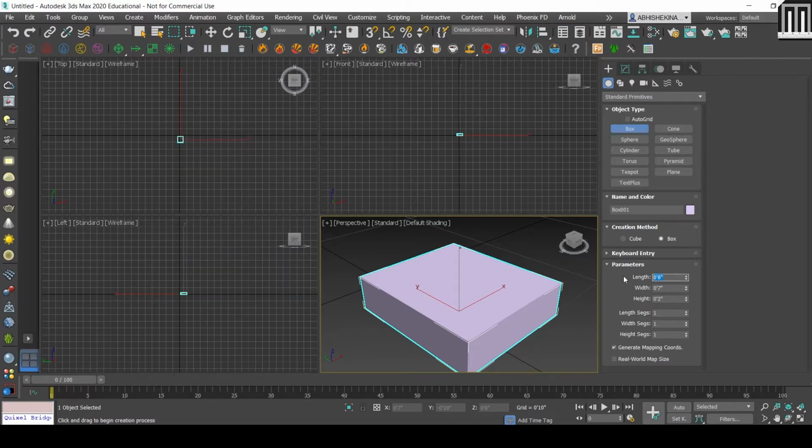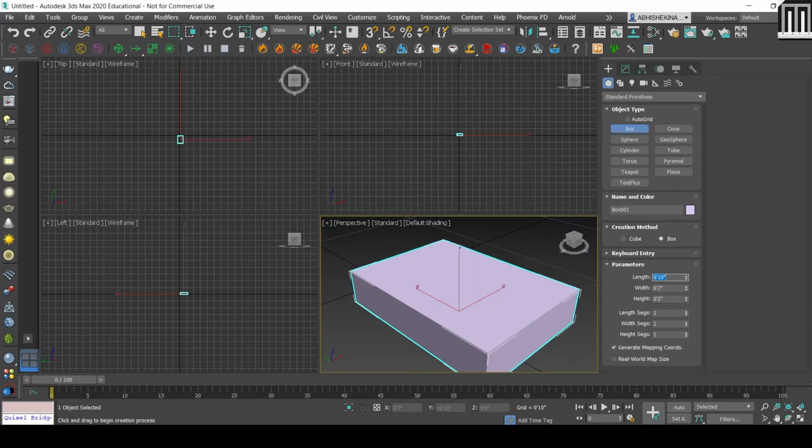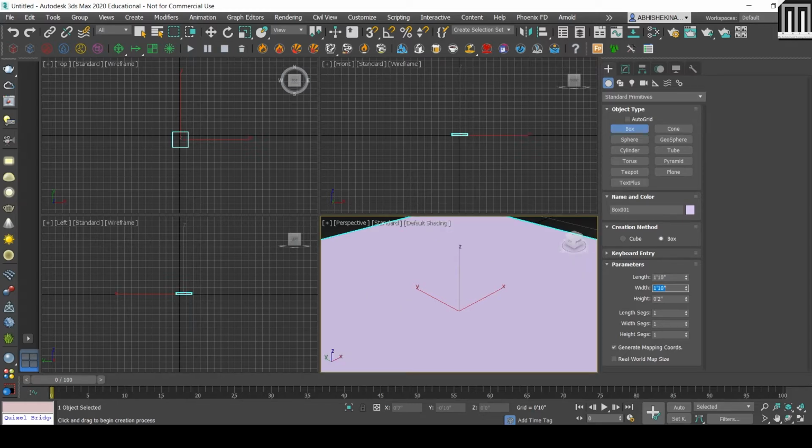Now I'll just type 1 inch, only 1. I'm not giving any inches mark. I'll just type 10. So what is the result of 10? It's 10 inches. Let's say 1 feet. I'm giving a mark of feet and a space, now 10 inches. I don't have to give a mark for inches because inches is the default. So it is 1 feet 10 inches. Now the width will be 1 feet 10 inches.